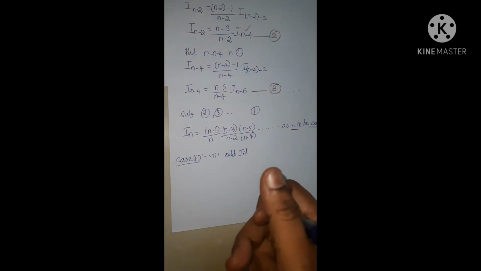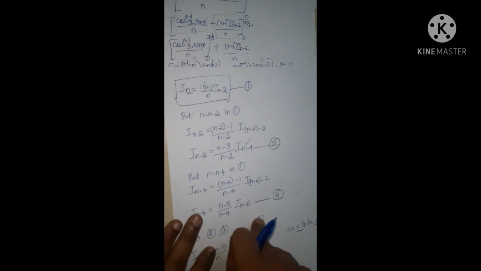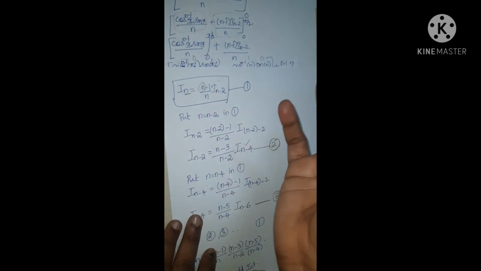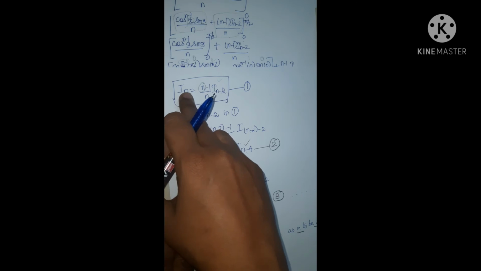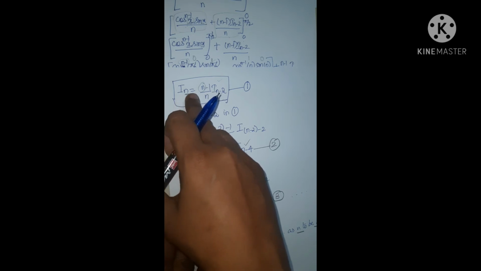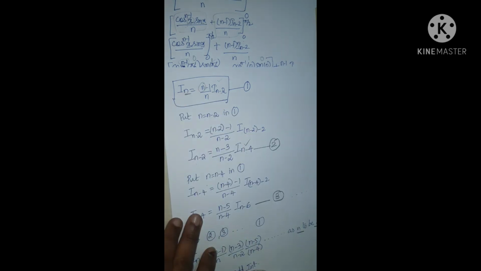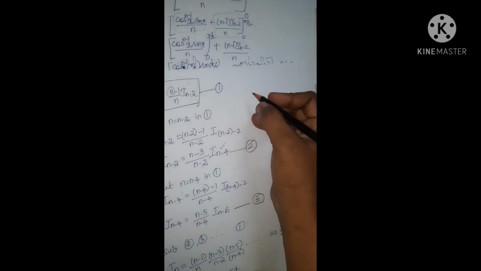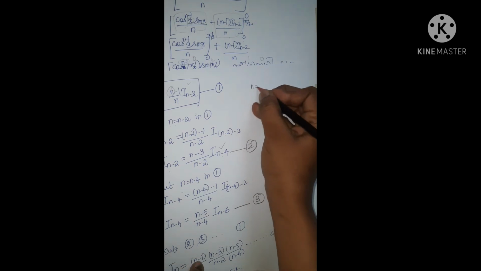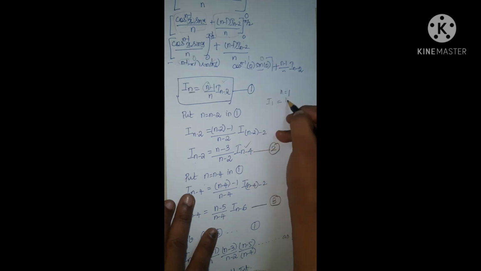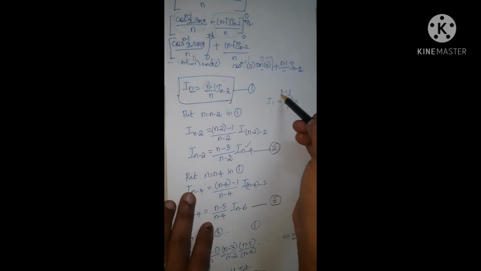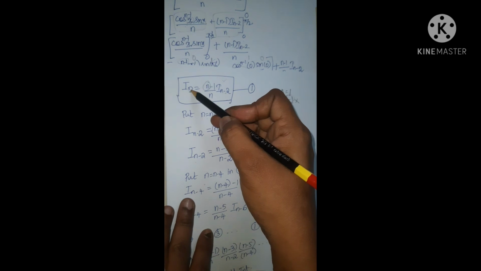To know that, get back to our function I n, because this is the only basic expression where we proceeded up to the last term. Consider I n. If n is an odd number, what could be the corresponding integral function? The least odd integer is 1. If I put n equal to 1, this will become I 1 is equal to 1 minus 1 by 1. 1 minus 1 is 0. It has no value. So n cannot be 1 as the least positive odd integer.